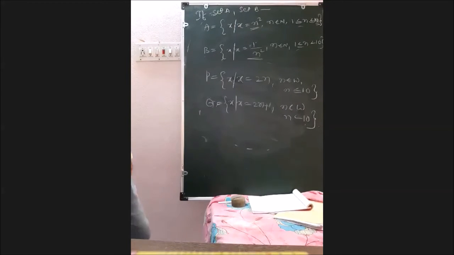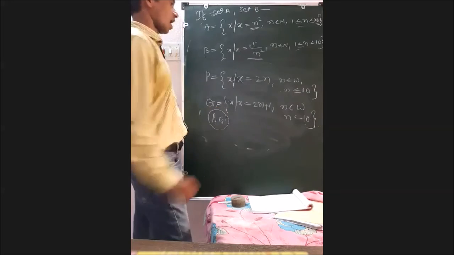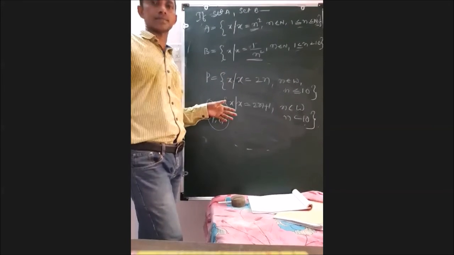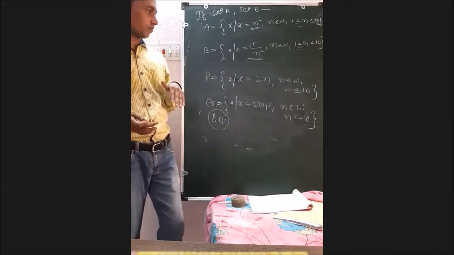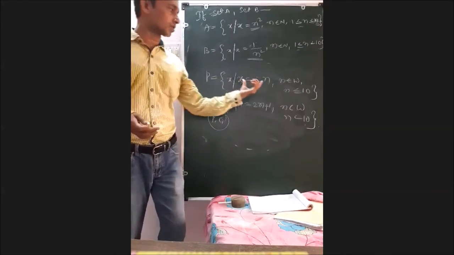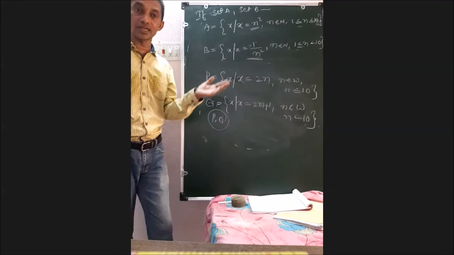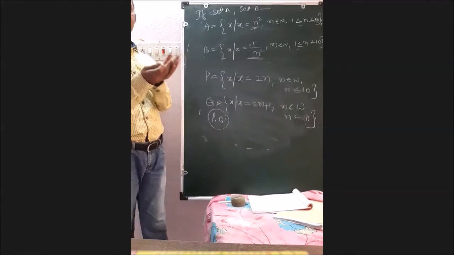So now, can you say P and Q are disjoint, or P is a subset of Q, or Q is a subset of P, like that? So these kinds of questions you will come across. Further, you have to convert the given set into roster form, and then you have to relate the question, what kind of question they have asked.